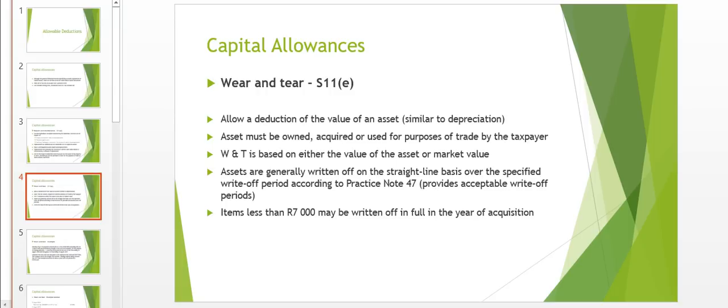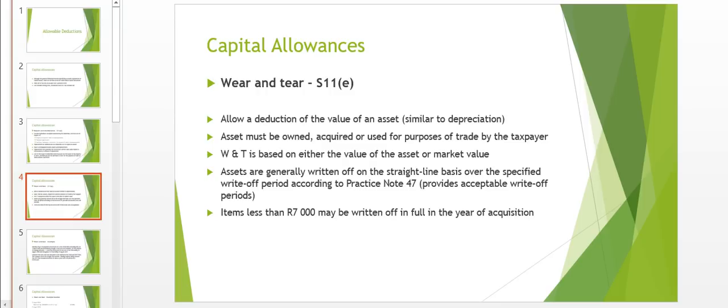Okay, so with this practice note 47, you can easily find it on the SARS website, but in a test they will tell you what the acceptable write-off period is for the asset. So you don't need to study this, but you just need to be able to apply it. Okay, so your wear and tear allowance,